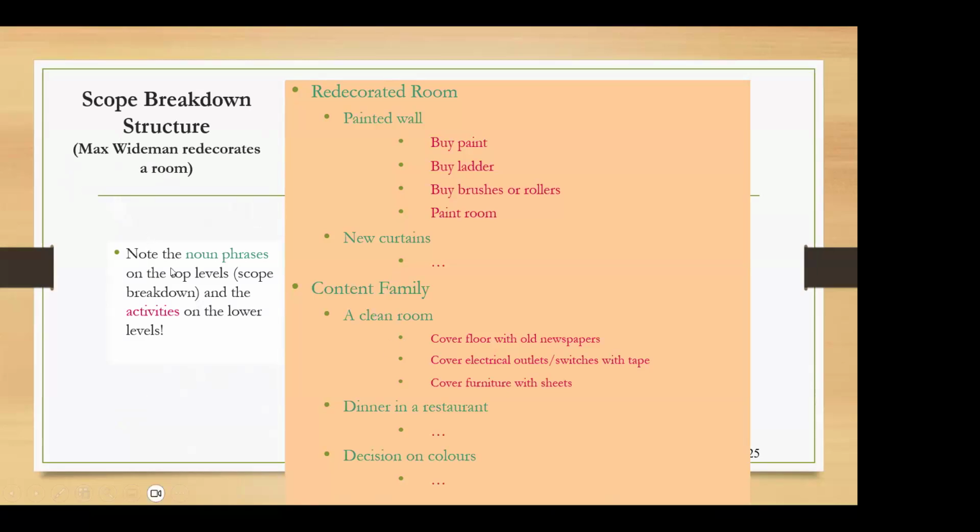So in this one, you will have the noun phrases in the top level. That means the scope breakdown, and the activities in the lower levels, right? So if you have redecorated room, you have the painted wall. So under painted wall, you have the activities. In order to paint the wall, what do you have to do? You have to buy the paint, you have to buy the ladder, buy brushes and rollers, and then paint the